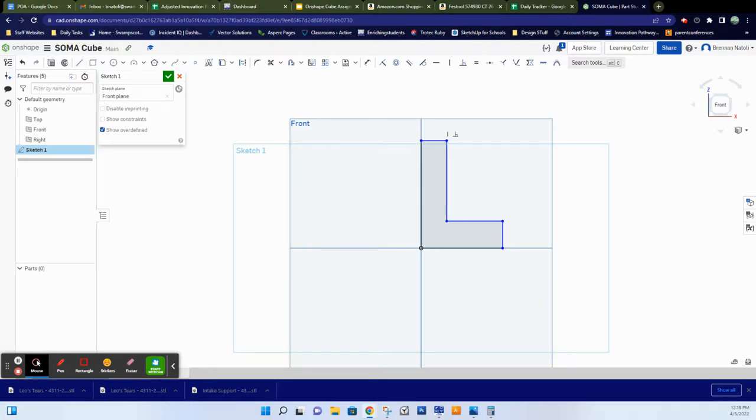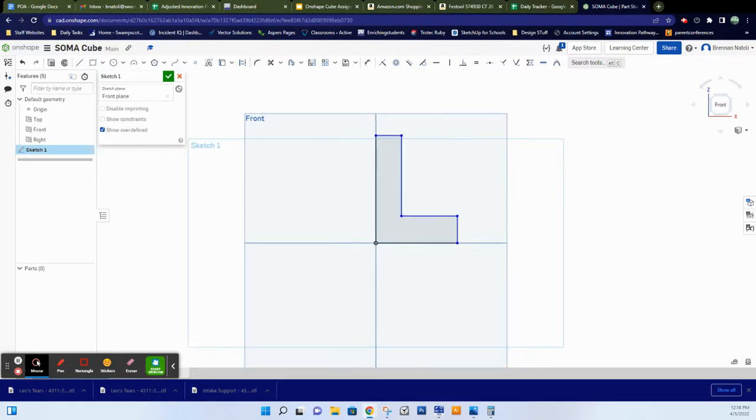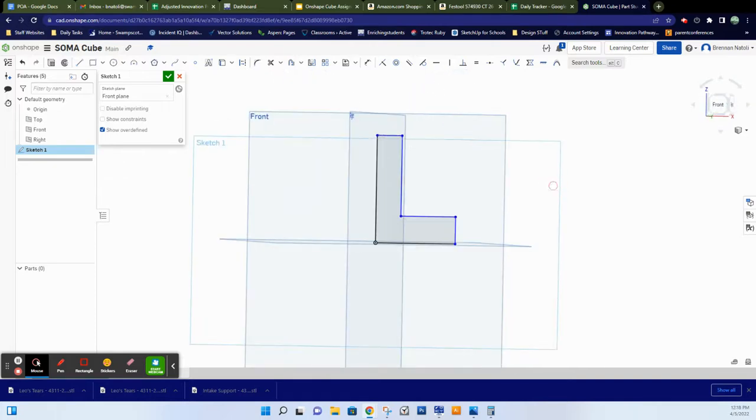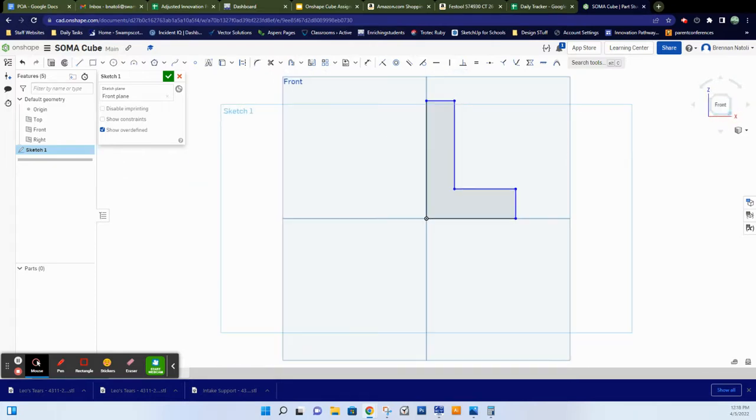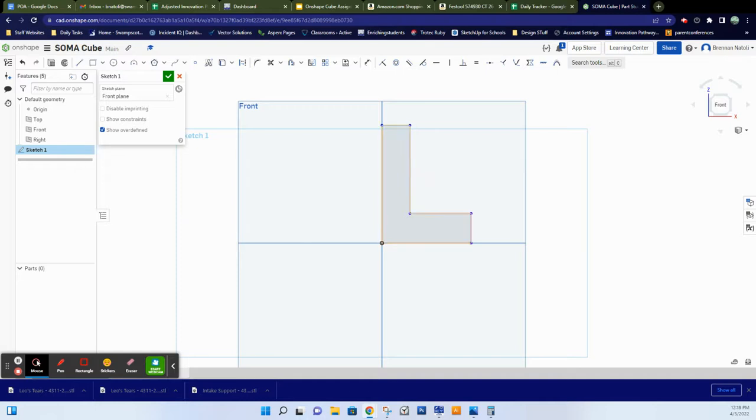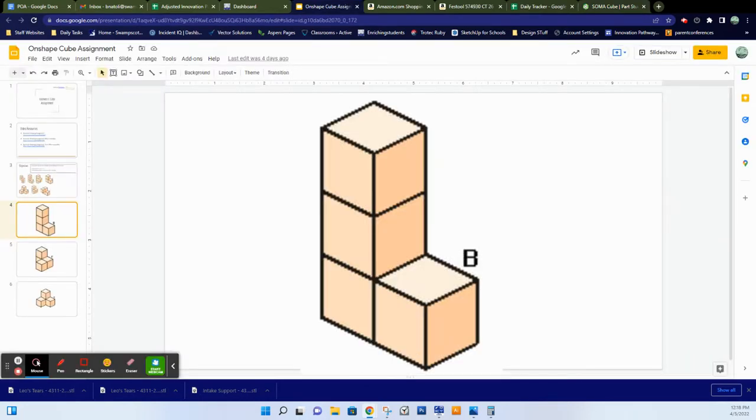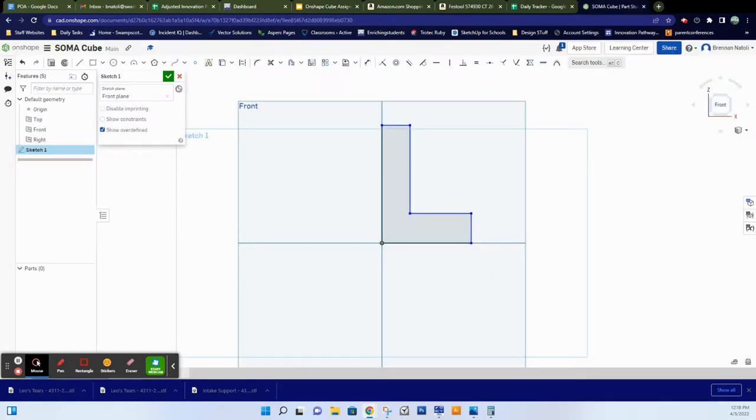So now you're not in the line tool anymore and you have this two-dimensional sketch that we need to make three-dimensional. But first, we need to define this. So our cubes are actually 3/4 of an inch by 3/4 of an inch. But let's assume these are all 1 inch by 1 inch to make it easier. So this is 1, 2, 3 inches long by 1, 2 inches wide. So going back to our cube here, we can give this dimension. So there's a dimension tool. If you hit D on your keyboard or hit this button here called dimensions,